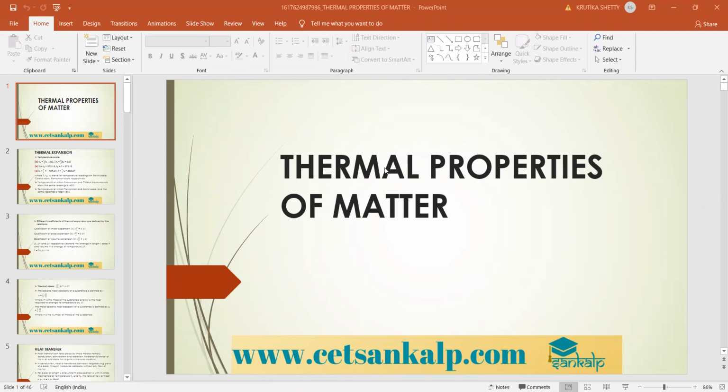Today we are going to deal with thermal properties of matter. As you know, this is our first year topic, right? In this chapter we will discuss mainly heat and temperature. This chapter will give us a clear idea of the main difference between heat and temperature. Before starting with the question answers in this chapter, we will see some of the synopsis.